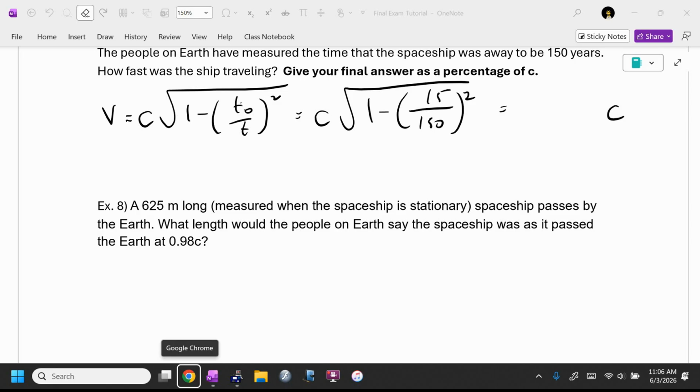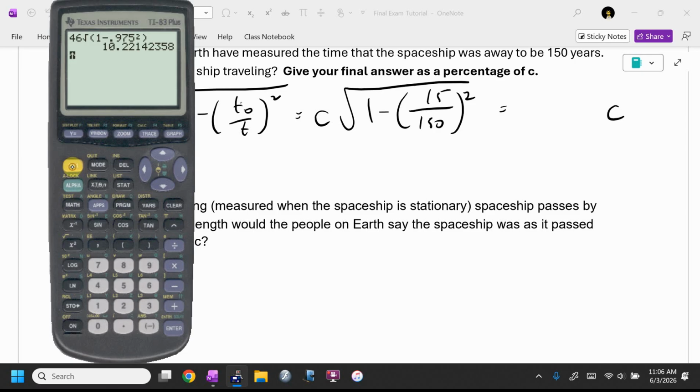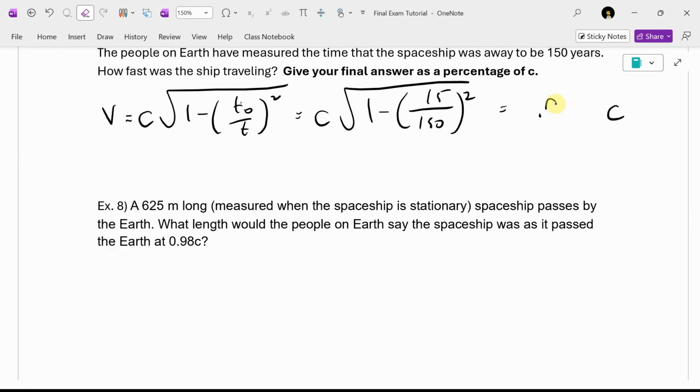I've memorized this one because this is a 10 to 1 time dilation ratio. I think you're going to get 99.5%, but let me double check that. That's just because I've done so many of these, I noticed that pattern. 1 minus, now to type that in, bracket, 15 divided by 150, close bracket, x squared outside the bracket, and I have to close off my square root, and I get 99.99498, 99.5%. So I would take 0.995 or